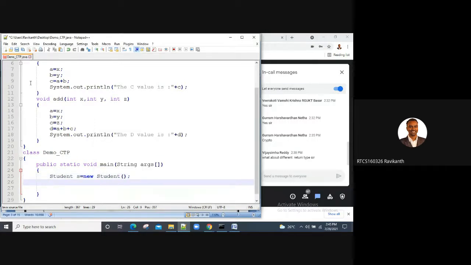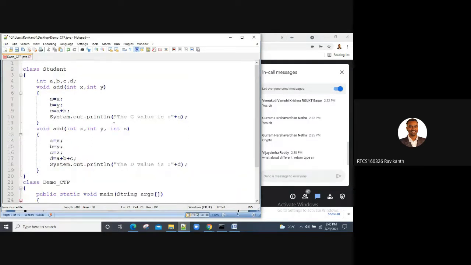Then let me pass the values through. The first method I have is s.add of 100 comma 200, I'm just passing the a and b values. Then the second is s.add of 100 comma 200 comma 300.